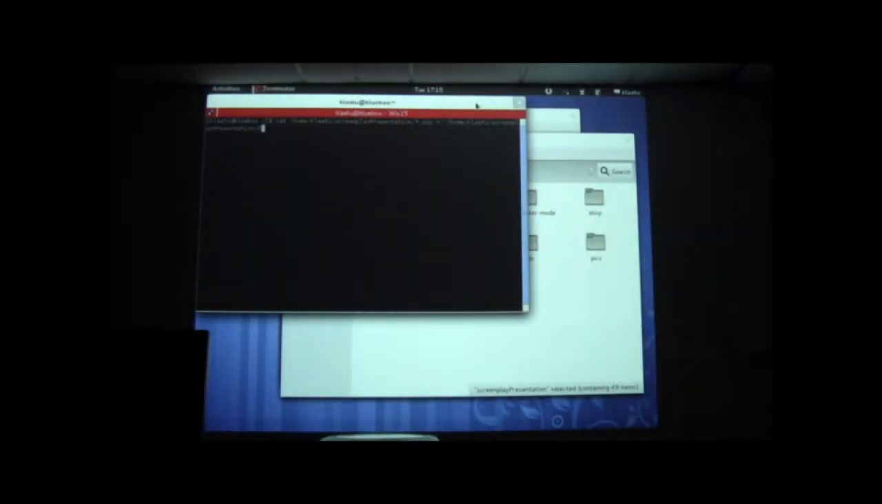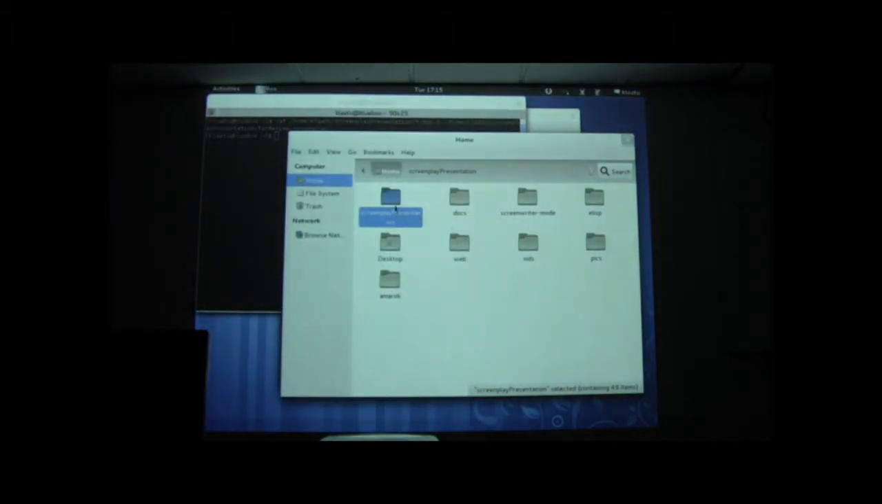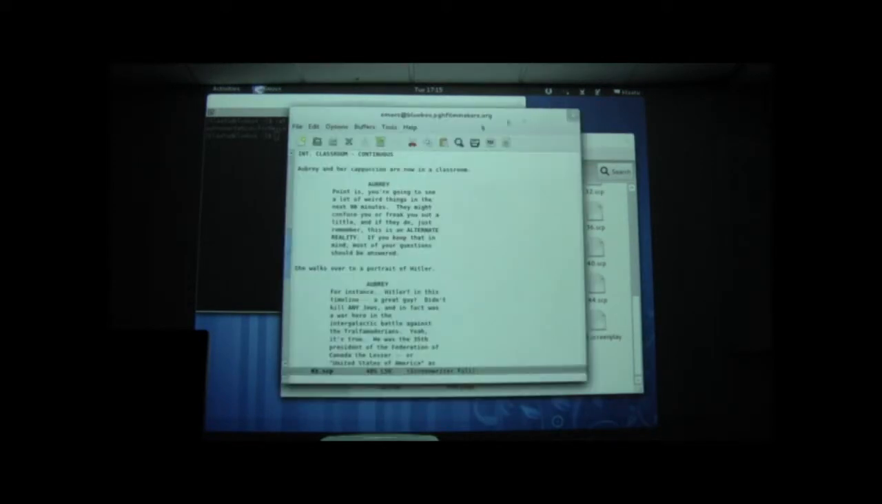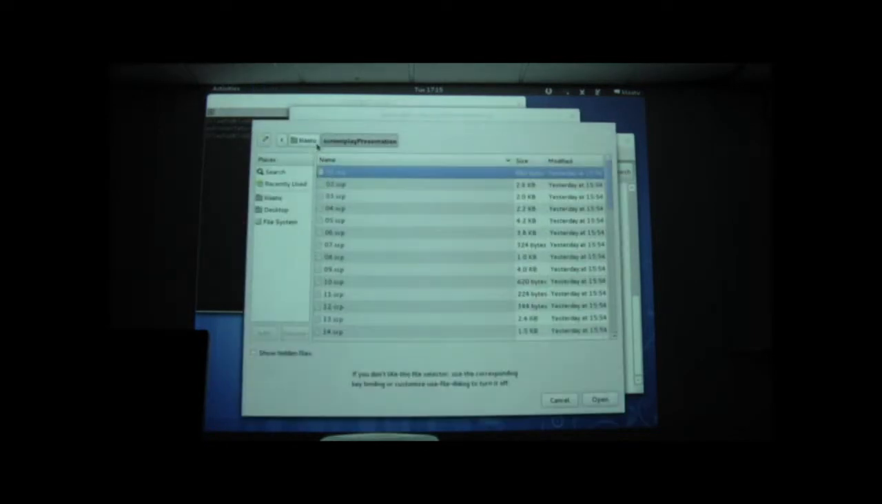We'll call it print dot screenplay. Actually, you know what? We'll call it for review, because it's probably not ready for printing yet. So that's the for review version. Now if I go into here, we'll see a for review screenplay. And if I open it in Emacs,